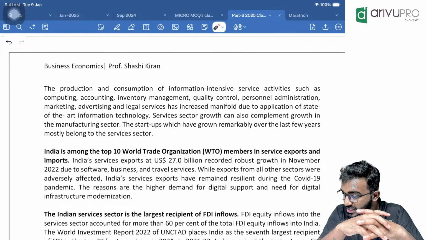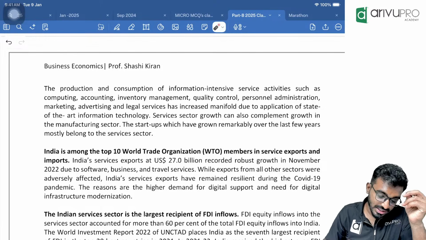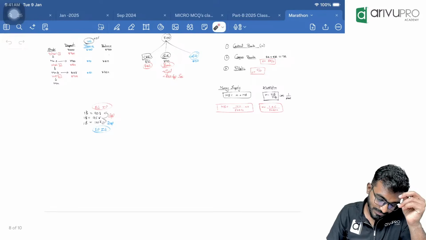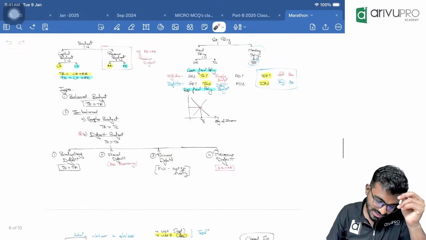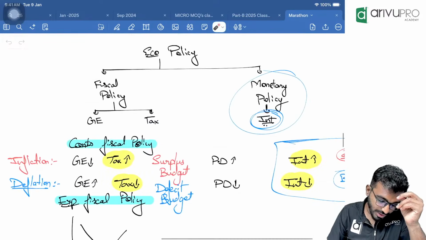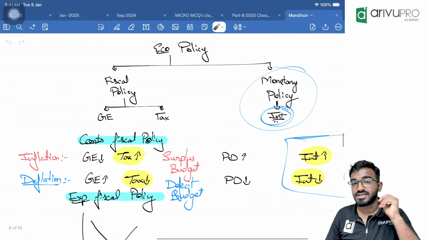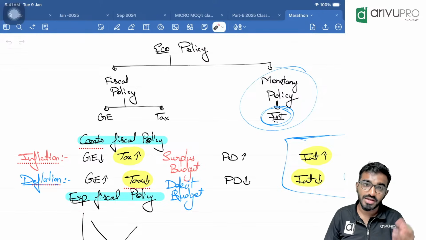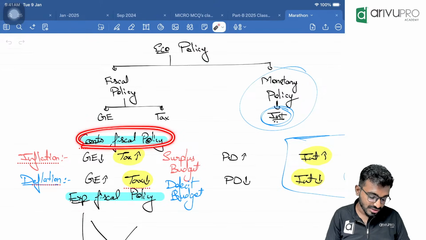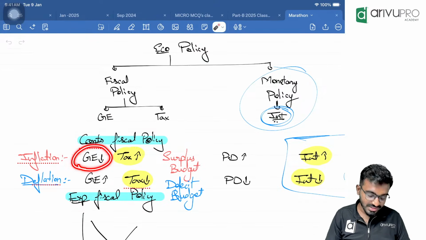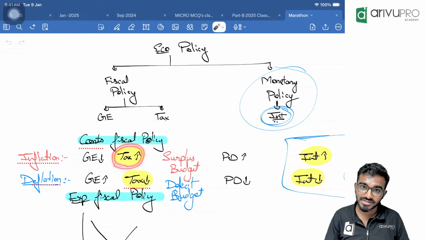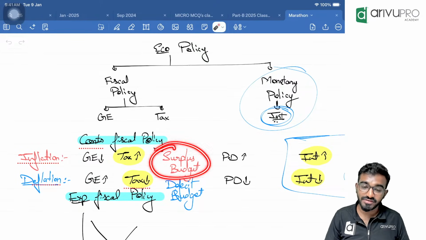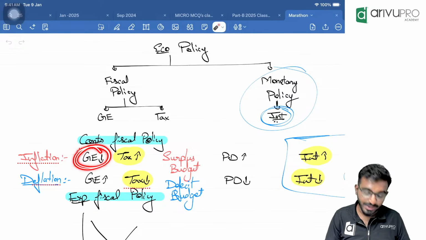Sir, once kindly explain the fiscal. See that fiscal, you just need to remember this chart. This chart will summarize everything in unit number 4 of chapter 7 and unit number 1 also. When there is inflation in the economy, people already have more money, so we follow contractionary fiscal policy. That means the government will spend less money and collect more tax, and the budget will be surplus, since we are not spending more money but receiving more taxes. And we borrow money from the public at that point of time.